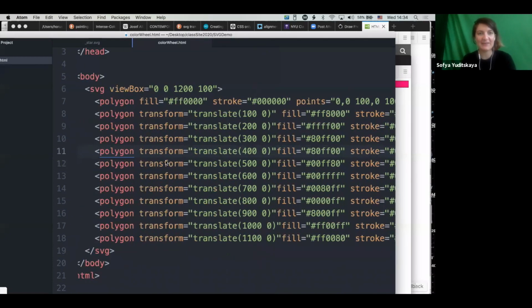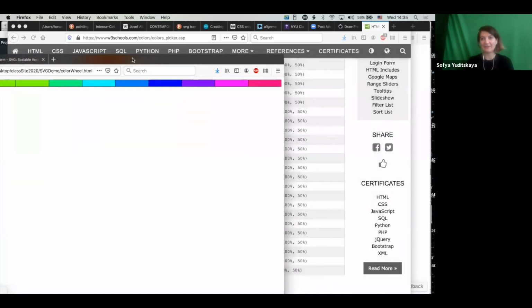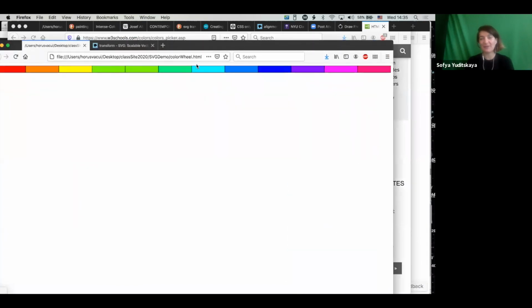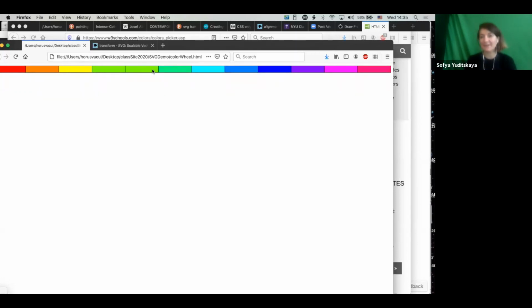Okay, so now we've made our line of web-safe colors. It's showing us the entire thing. And we've moved our individual polygon clusters via a transformation process, so we're not re-entering all the points. We're abstracting a little bit what we're doing in order to create the shapes and plot their locations. So that's helpful. And we're going to use this now as a basis to make further transformations to our next